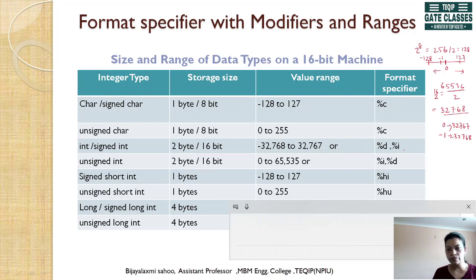Whenever we use either %d or %i, it doesn't matter, the output will be the same in printf statements.